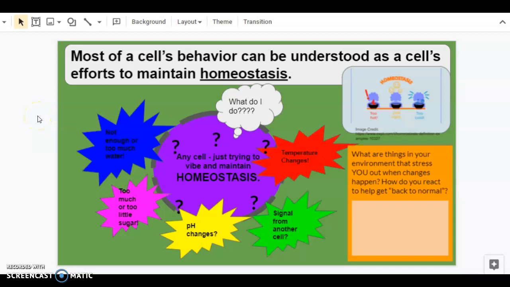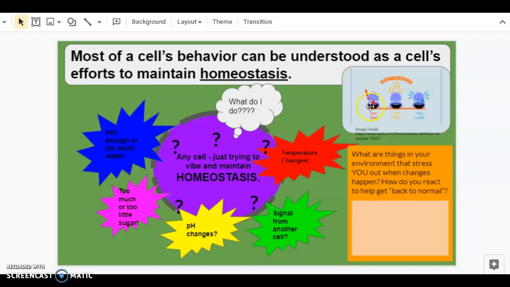Cell Behavior, Section 1. Most of a cell's behavior can be understood as a cell's efforts to maintain homeostasis. In this presentation, we're going to look at how a cell behaves and how its behavior helps it to maintain homeostasis. Homeostasis is maintaining conditions that are necessary for life, keeping things as much as can be controlled within the limits of what